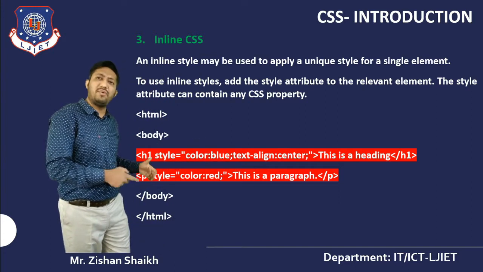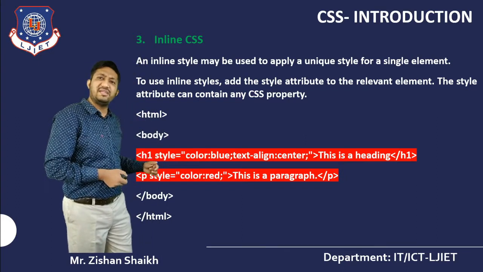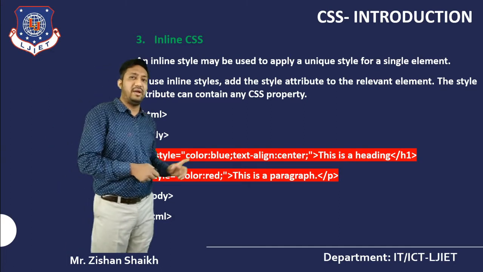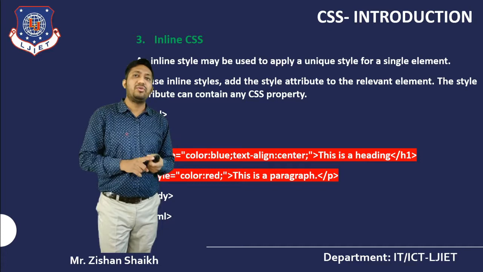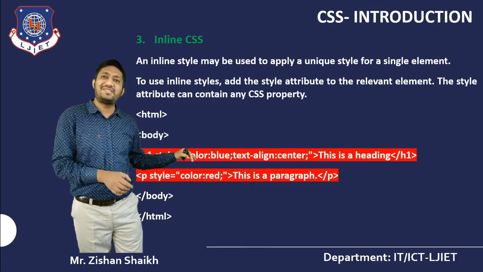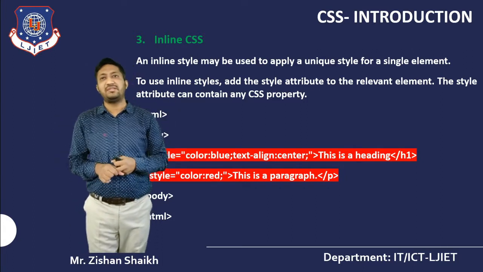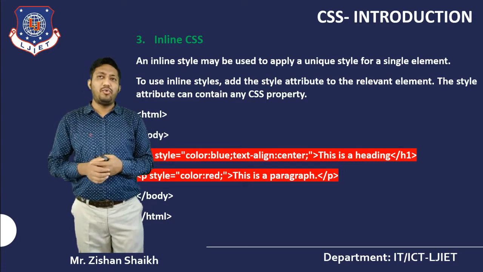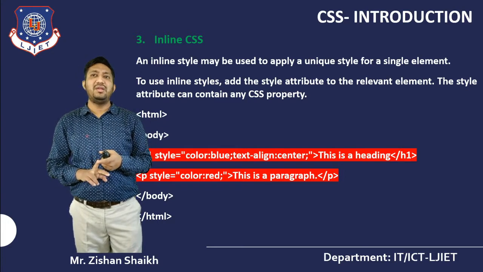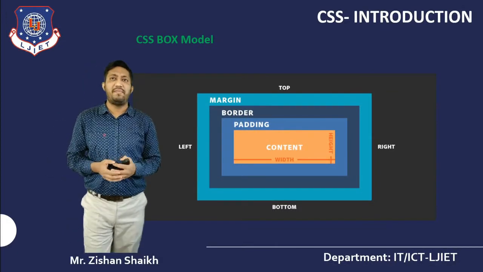Next is the p tag. Suppose I want to apply some other attribute to my p tag using my inline CSS. So in the p tag itself, I'm writing style is equal to color. This is the case where you want to apply a CSS attribute to the tag itself, in the line of code. In that case, you are using inline CSS. So basically, there are three important types of CSS for where to apply it: externally, internally, and inline. So this is the basic idea of applying CSS.